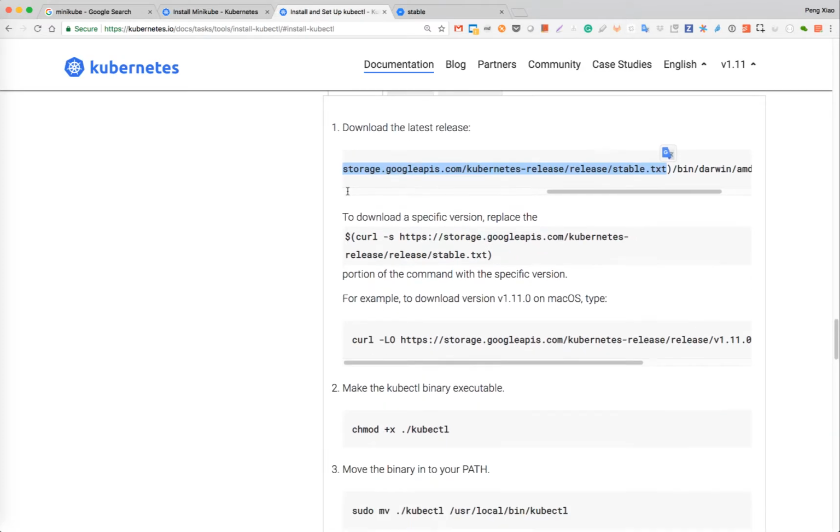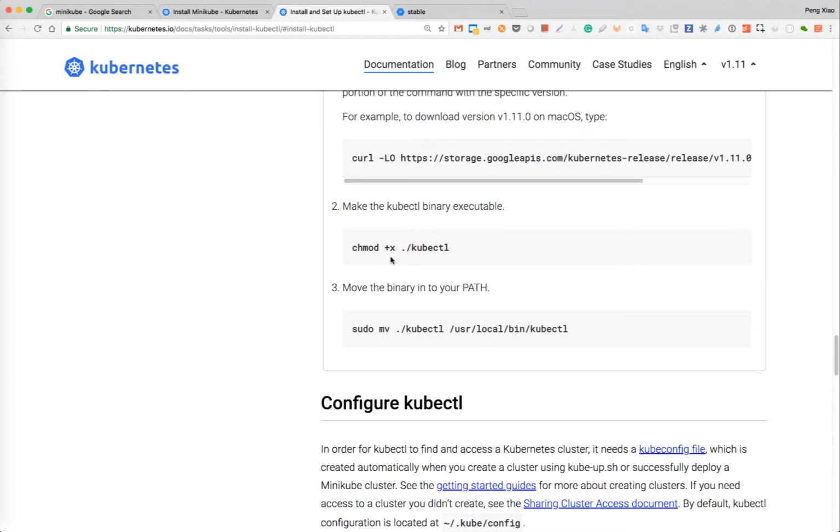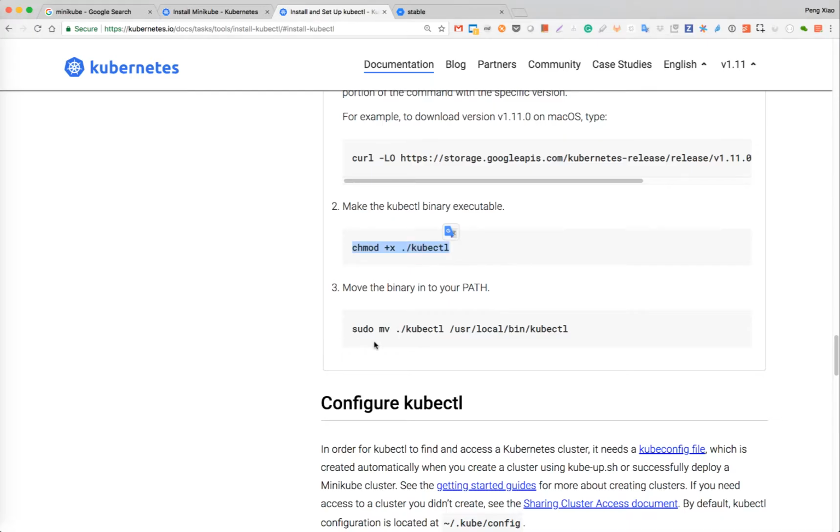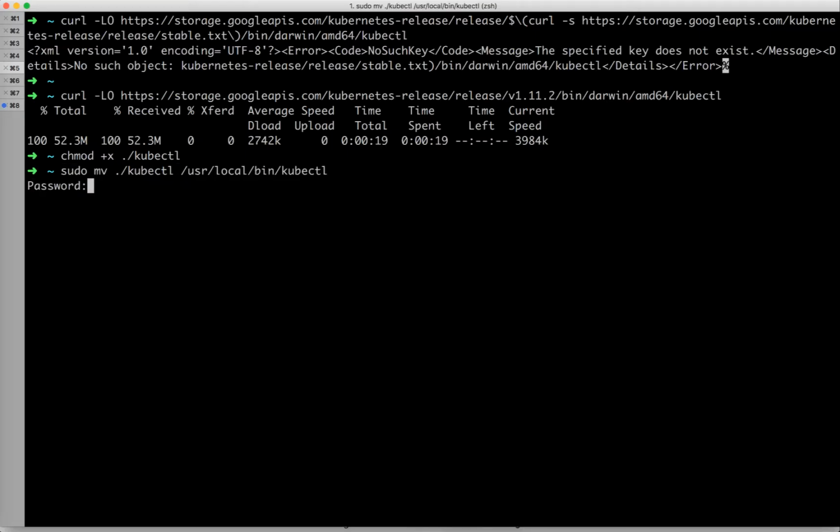And after it finishes, we can follow these 2-3 steps and change this binary into an executable. And also we can move this binary file into our system path. And let's do it. Okay, so chmod and sudo, password. Okay, now we can use kubectl